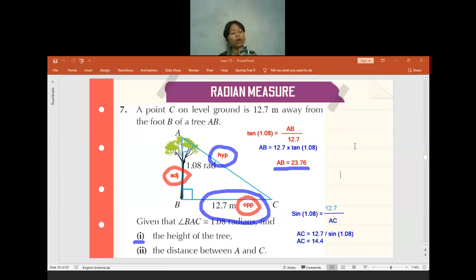So please, if you have any question, read the question properly. Check whether the angle is in radian mode or degree mode. You have to change the mode in your calculator to be the same mode as the question given, because the answer will be totally different. For those who asked me whether there is any difference when I use sine in degree mode or radian mode, they will give different answers.